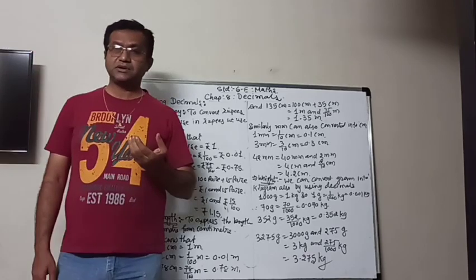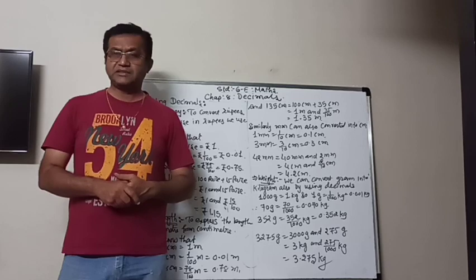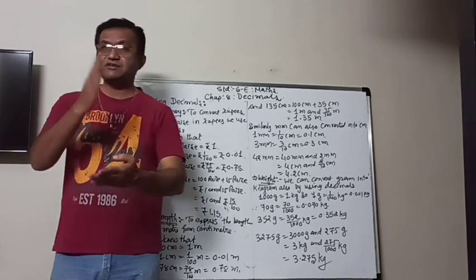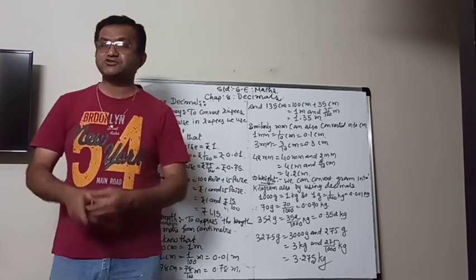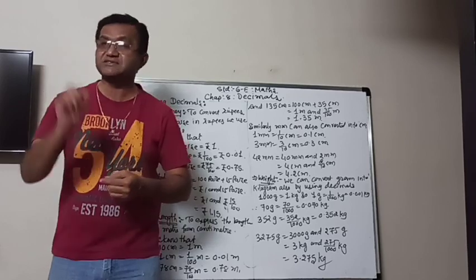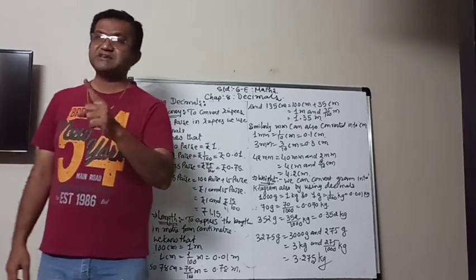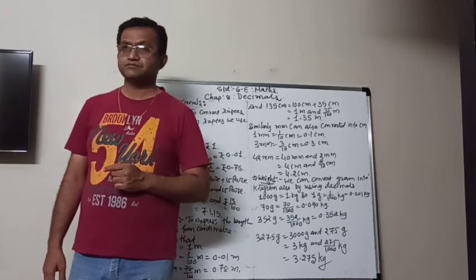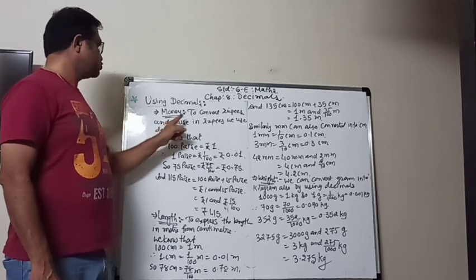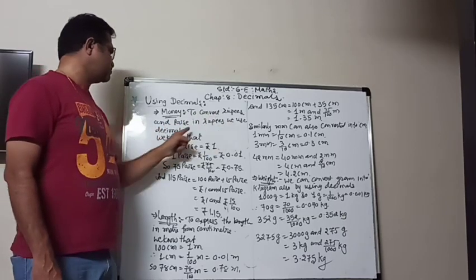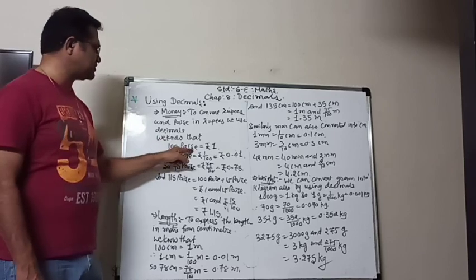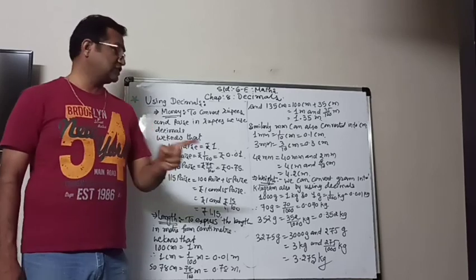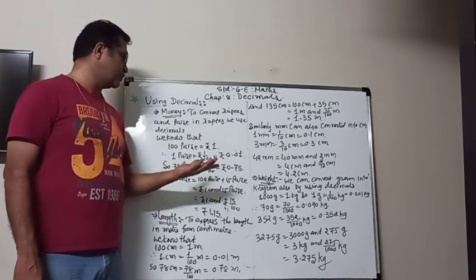And then we know that in money also there are equal parts. 1 rupee is divided into 100 equal parts, and each part is known as 1 paise. It means 1 paise is the 100th part of 1 rupee. So to convert rupees and paise into rupees, we use decimals. We know that 100 paise makes 1 rupee, and as I told you, 1 paise is 1 upon 100th of the rupee.